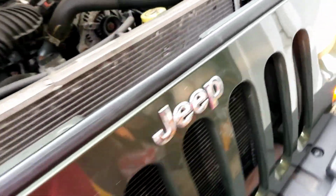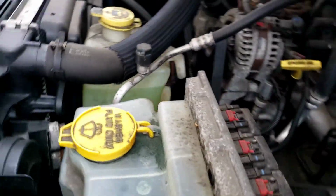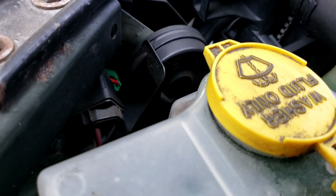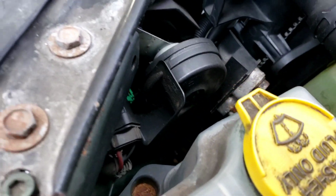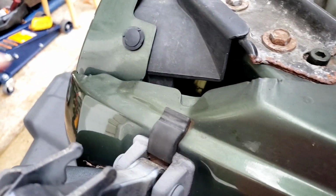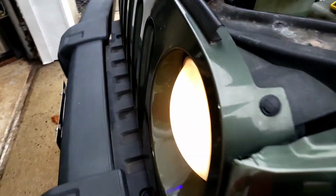All right. Now the driver's side, we're going to have to take that washer bottle out. And the horn is in the way, but it should be right there. All right. But to get to the horn, looks like the bracket is this way. So yeah, we're going to take this washer bottle out. Hopefully all these bolts will spin out with no problems. It's right in there. All right. So